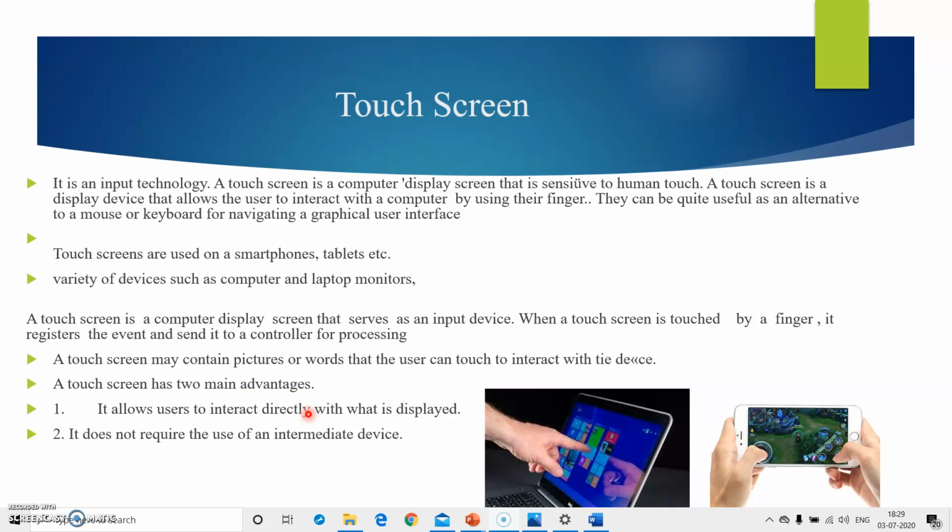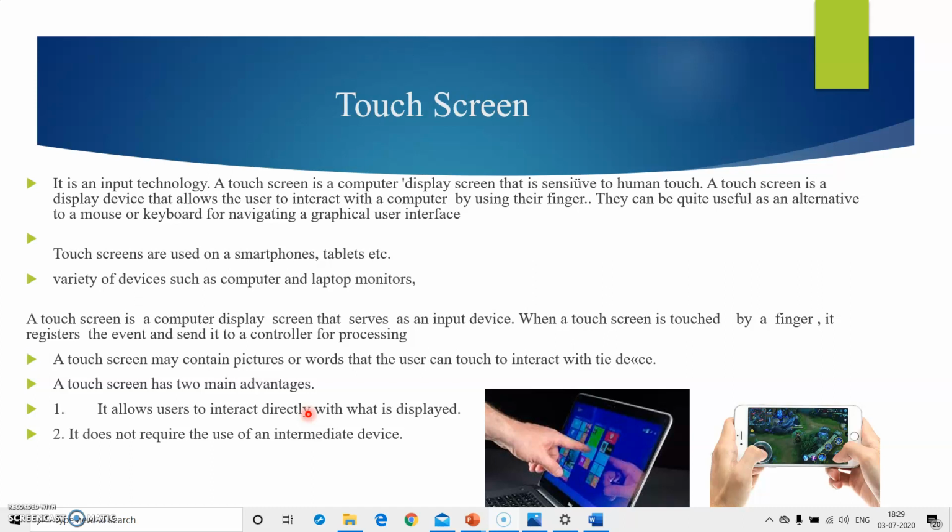Today we have studied about the display devices. First, we have studied what is a flat panel display. We have seen there are two main types of flat panel display. One is the emissive flat panel display and second is the non-emissive flat panel display. We have studied plasma panels and light emitting diodes.